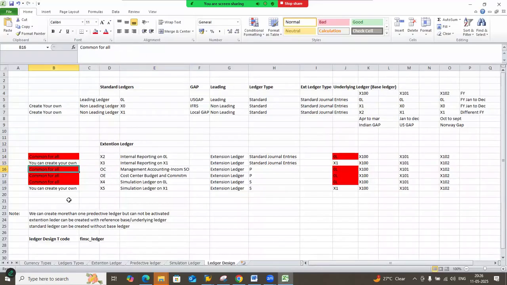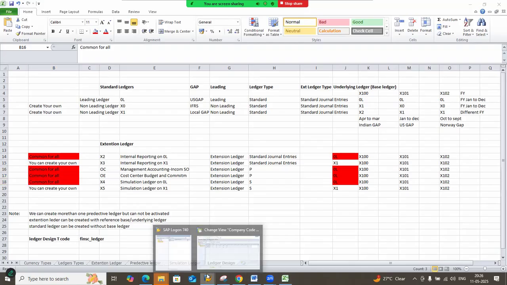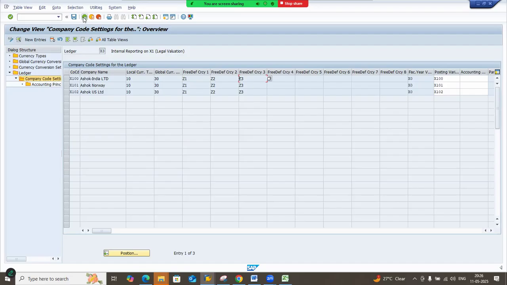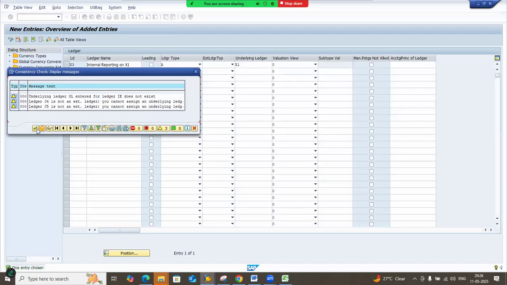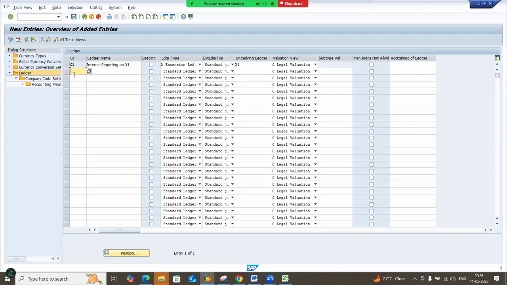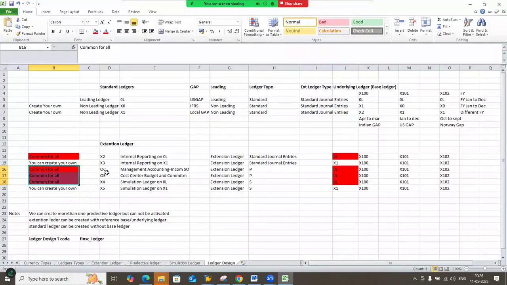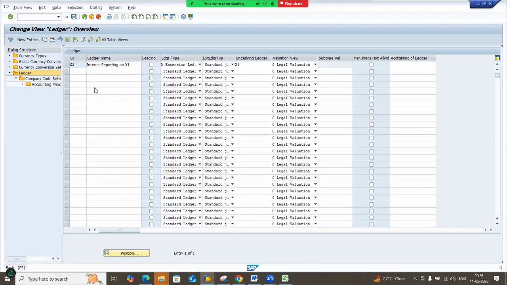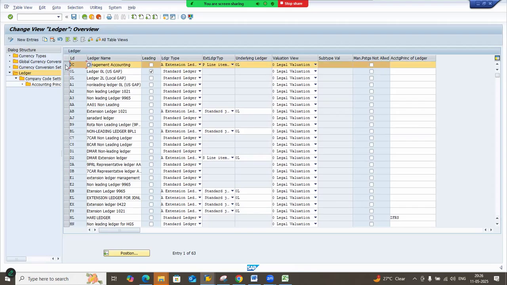And then we'll go to OC. OC is also common for all. So these three ledgers, I am also not going to change; I will have to follow as it is. Okay. Go to ledger. Then OC, we'll have to look for OC,